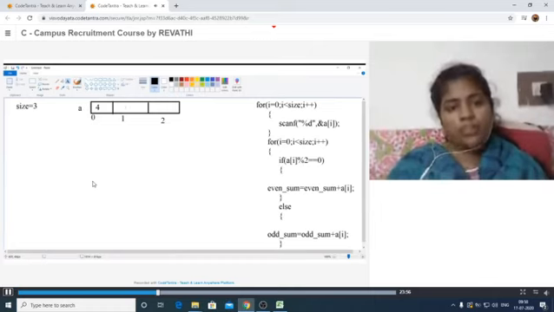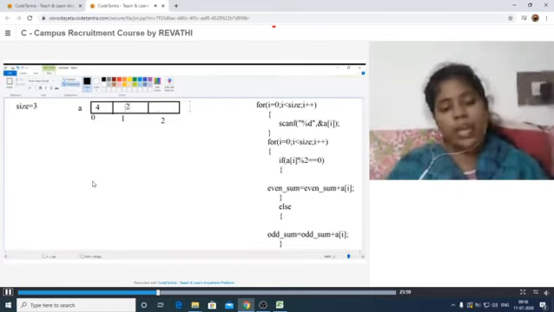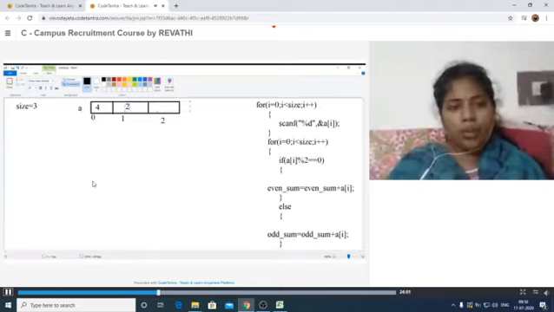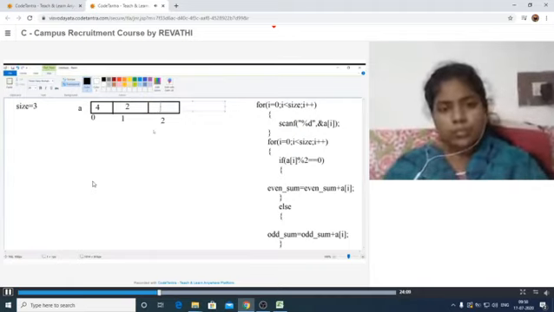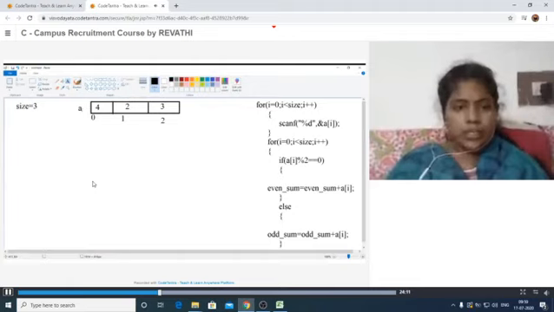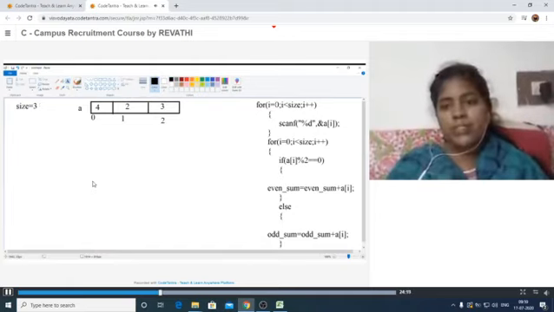Whenever we give another value, it is stored in the next index, that is A of 1 here. Next, whenever we give another value, it is stored in the third index. So like that, A of 0, A of 1, A of 2. That means here the size of the array is just 3. It is checking with i equal to 0, that means 0th location, 1, 1st location and 2, 2nd location. Whenever 3 is less than 3, the condition is false and it comes out of this loop.